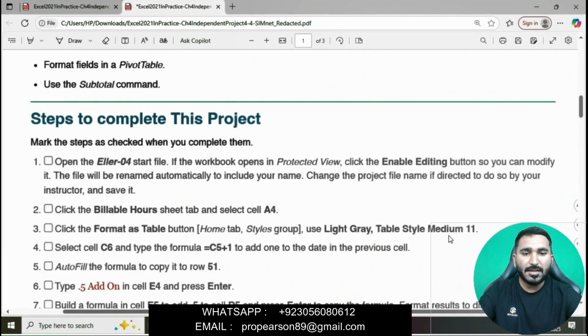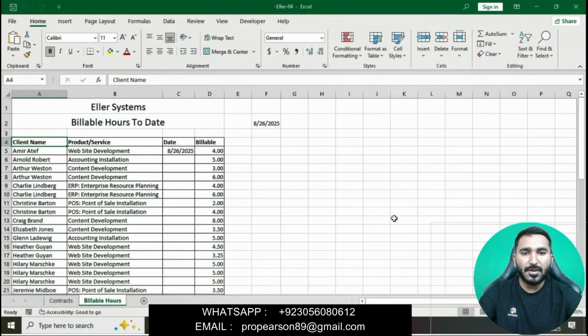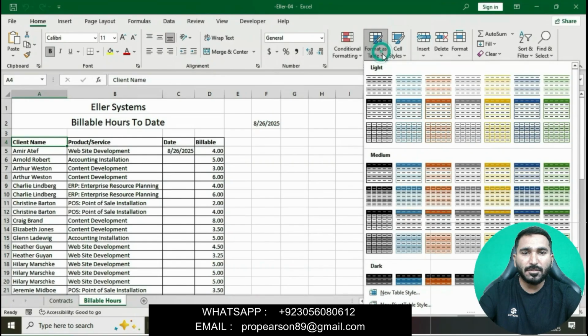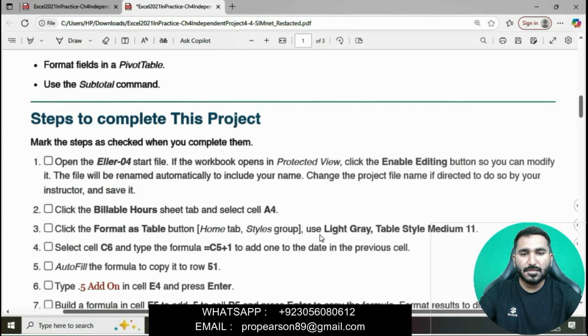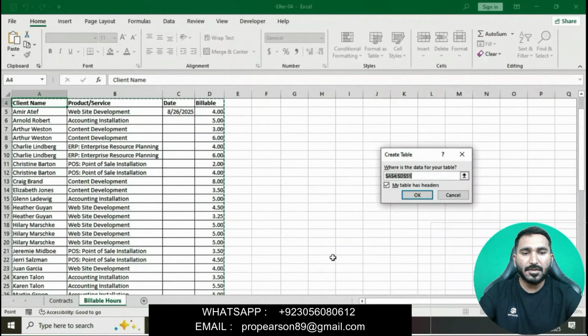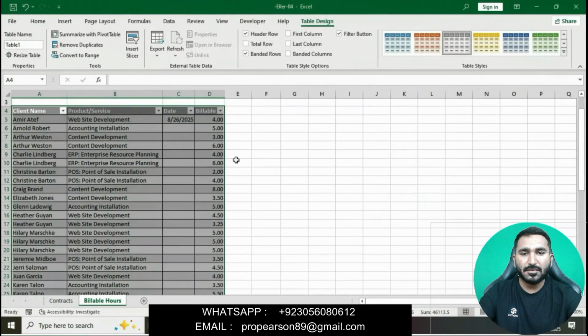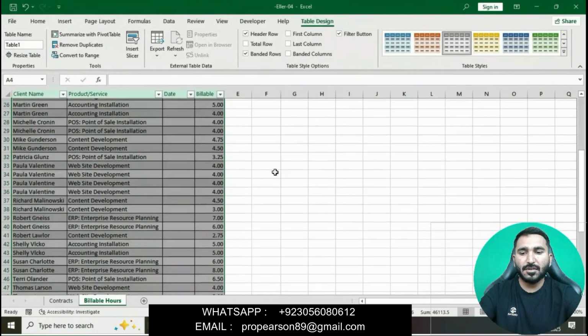Go to the medium style group, click on format as table, go to the medium light gray style, light gray table style medium 11. Okay, this is good.